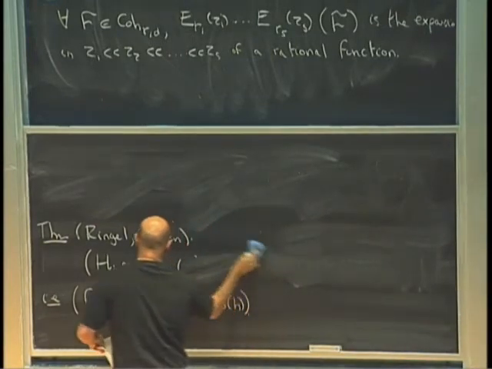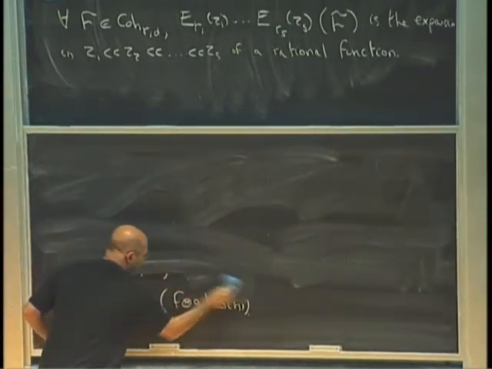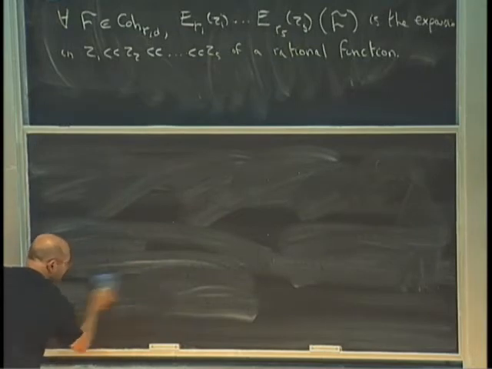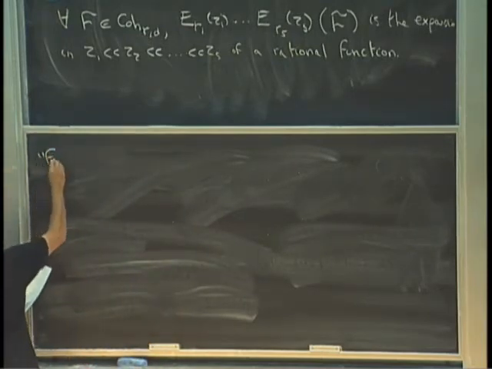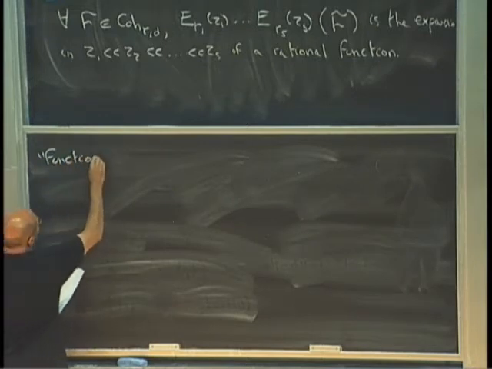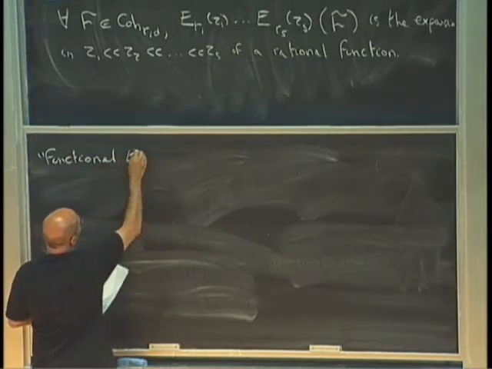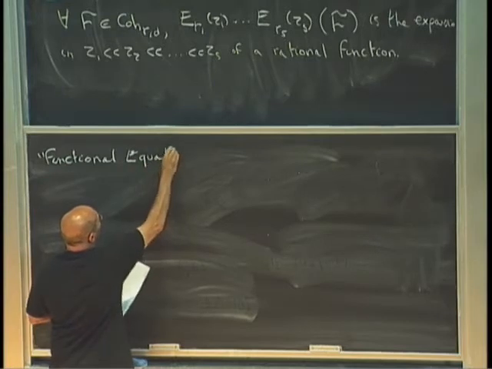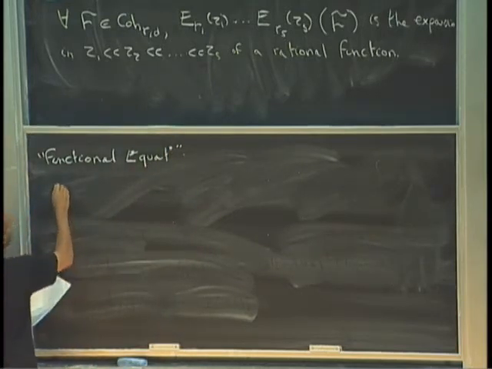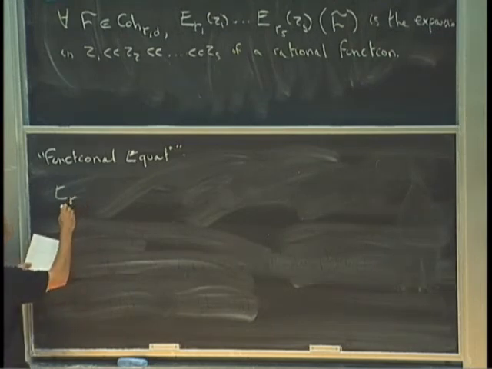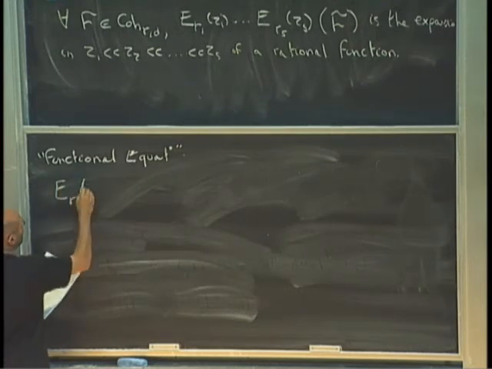Okay, so let me write some relations between Eisenstein series. Let me phrase them as functional equations, although only one of them is really called a functional equation. First of all, this is completely silly. E_R of Z,